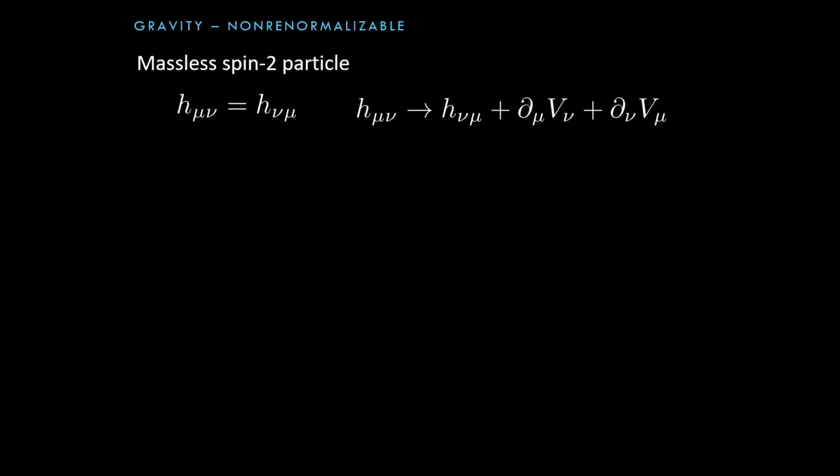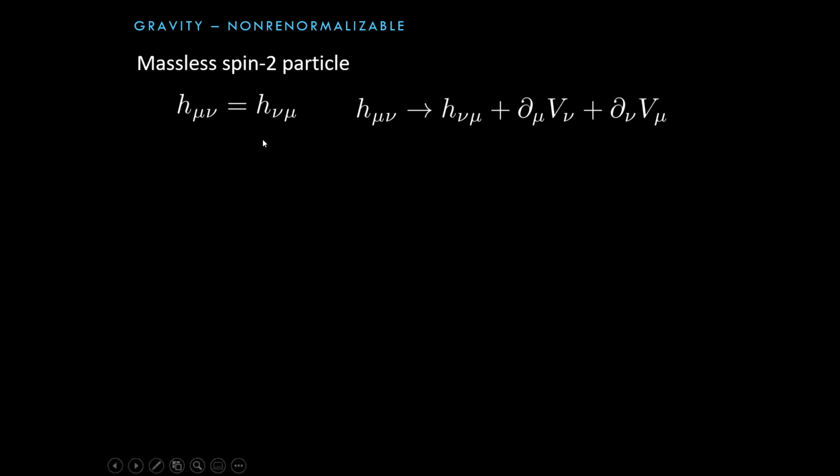So I'm first going to start off just repeating what I did for the photon. The massless spin 2 particle is actually not described by a symmetric tensor. It's described by a rank 4 thing, which is essentially the Riemann tensor, which is the field strength for a spin 2 thing. But the condition that it describes a massless spin 2 thing means it's 2 derivatives of something else, which is this thing, the symmetric